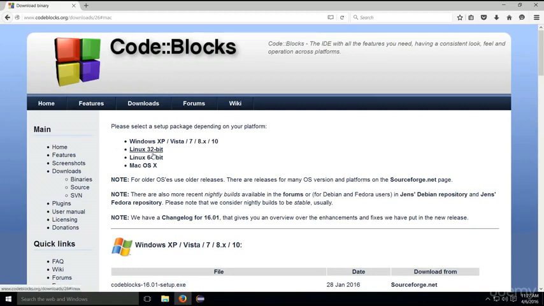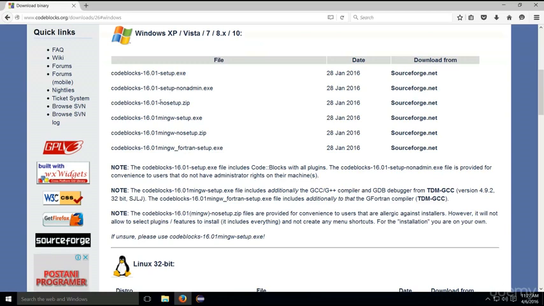So you see, you also have Linux 32-bit and Linux 64-bit, whichever one you want. And since this is a demo for Windows, you also have it here for Windows. So you have Windows XP, Windows Vista, 7, 8, 8.1, and Windows 10. Okay, so just go ahead and click on it. And here you have multiple choice options again. So let me just see, which one do we need? We need the one with the MinGW compiler,